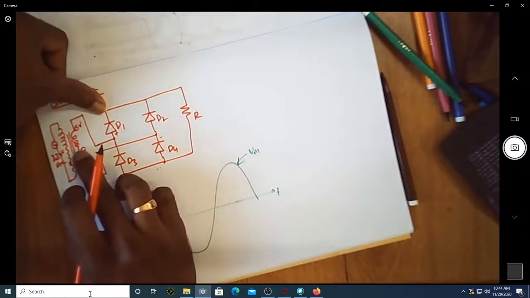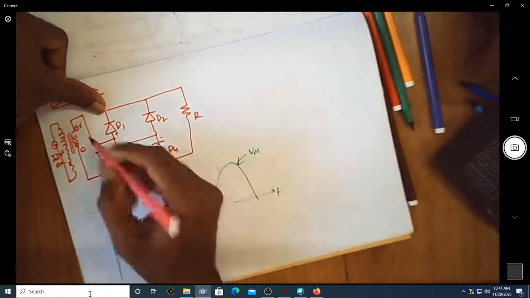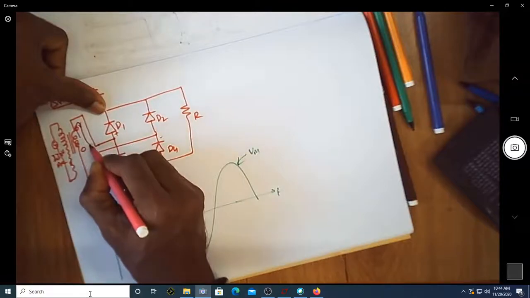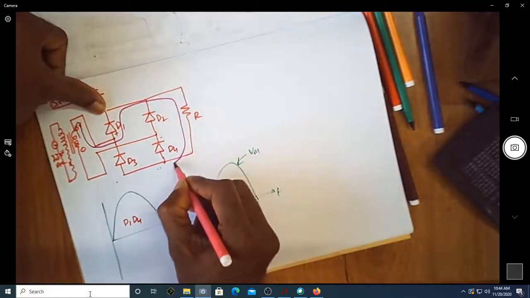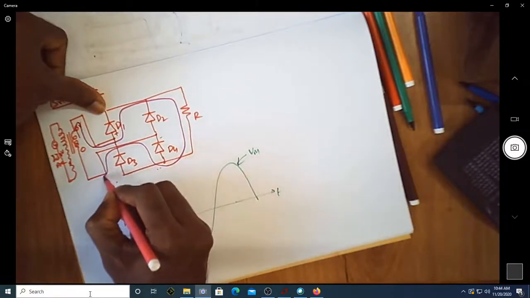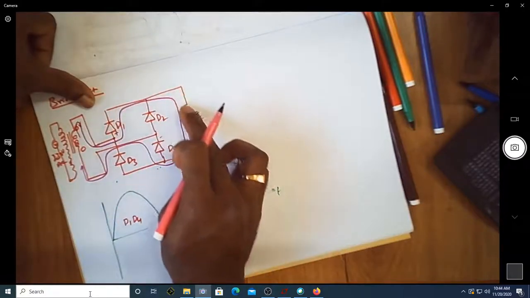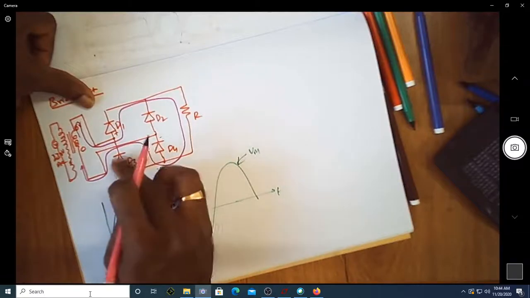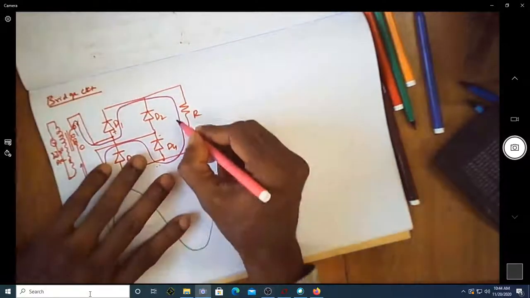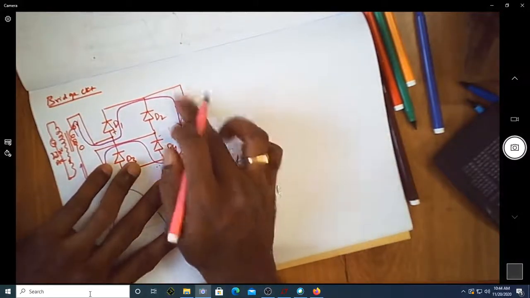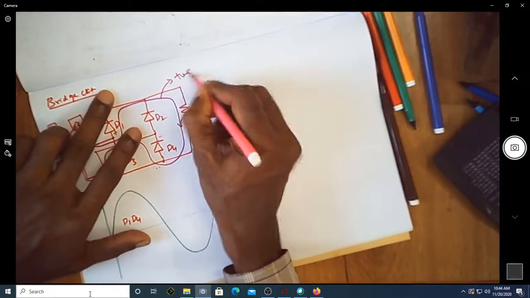If you can see here, this is your connection. If I write the path of how the current may flow, this is how the current is flowing. This is the direction through this resistor, again through this D4. It will complete the path. It has started from this transformer going through D1, through the resistor, and then you can see this is not going to D2. So it is going through this line and then going back to the transformer. This is the direction in which the current is flowing through this resistor during the positive half cycle input.